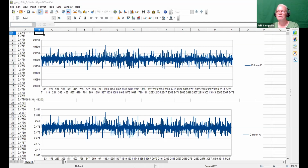So this is just a random plot of the actual signal coming off the gyroscope. And I thought, well, it seems awful noisy. And if you look here, there's at least 50 counts of just garbage on there all the time. And then it sometimes is like 100 counts. Now that's out of 65,000 counts, so it's not a whole lot on there, but I thought, well, obviously the gyroscope is putting out noise. So then I connected that 2.5 volt reference, and I'm getting the same kind of noise on that. So that tells me that it's actually the Teensy itself, something in the conversion chain. And it turns out the voltage reference to make the A to D work